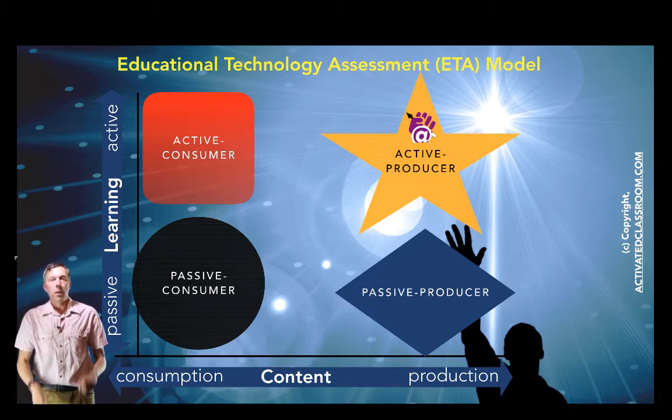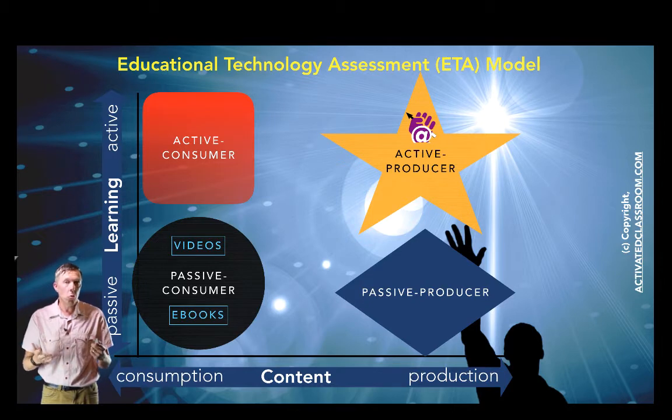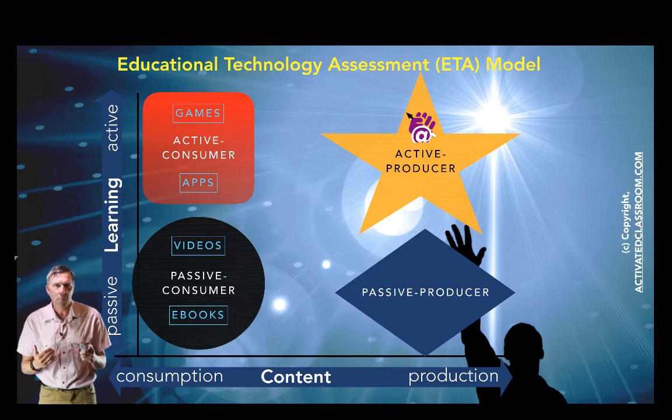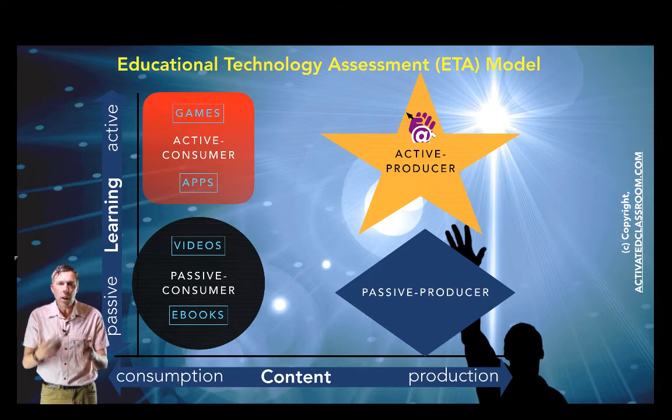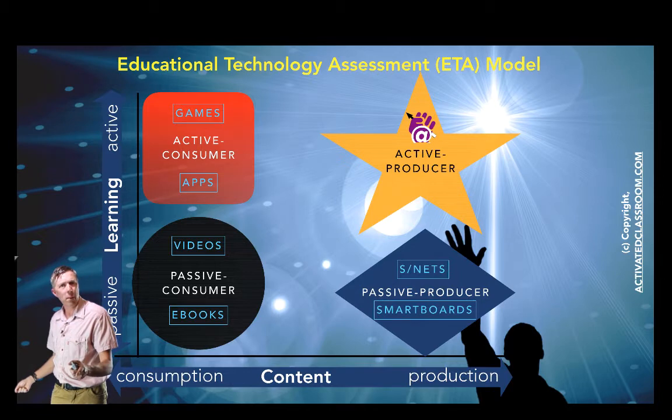Now let me give you an example. One of the most common implementations of technology in the classroom are videos, YouTube videos or ebooks. This is passive consumption. You see, nothing has changed when we use YouTube videos or ebooks, as we said earlier. Our students are still passively involved in the learning process and they are consuming content, not producing. Well, sometimes we realize that and we say, no, we've got to do better than that. And so maybe we get them to use apps or play some games. Yeah, they're active, but at the end of that process, nothing is produced. Or maybe we say, no, what about smart boards? You see, with smart boards, stuff is being produced, but typically the student's still very passive.